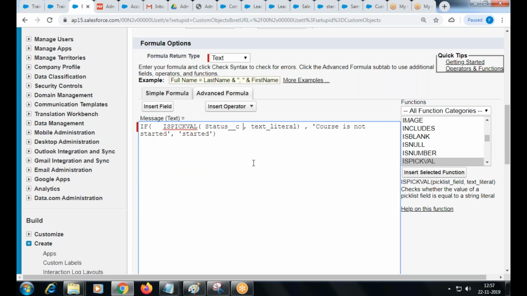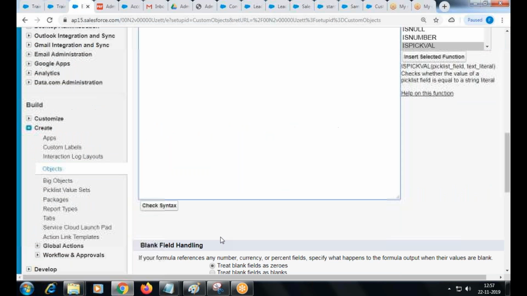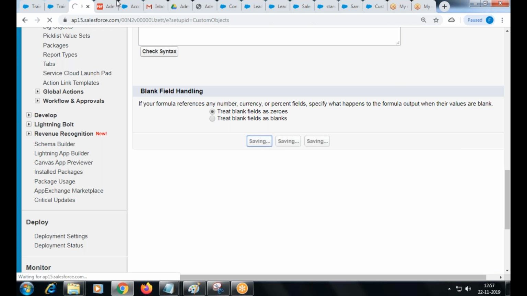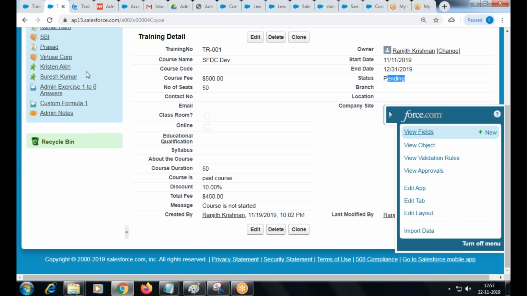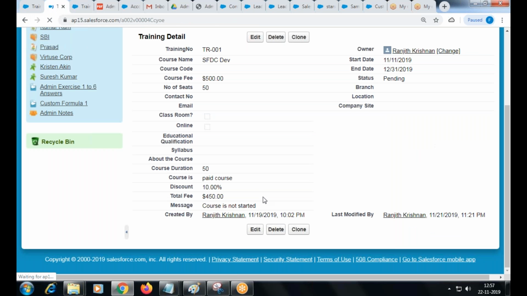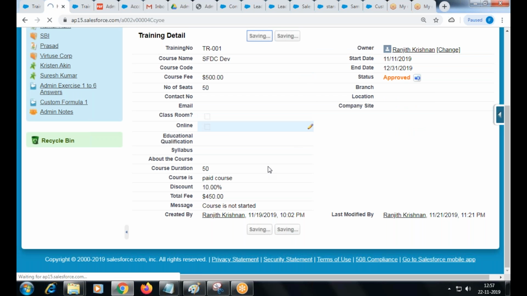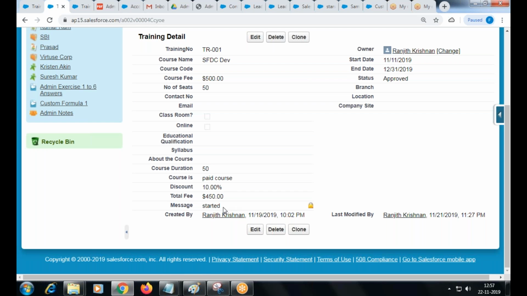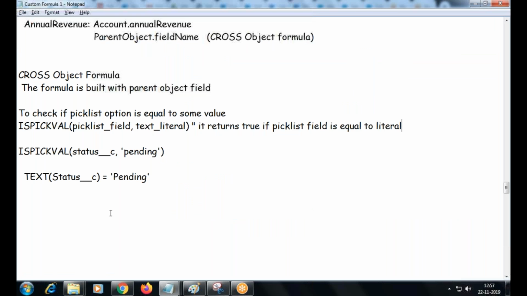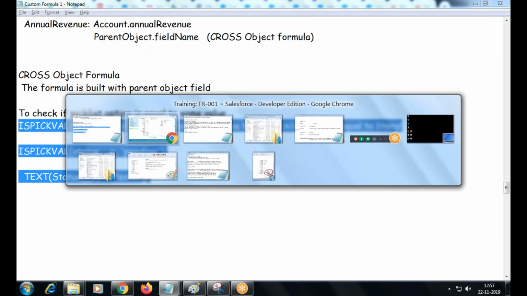Status. Pending. Got me? It's going to be same. If any other value, it's going to be started or something. We'll follow this. So isPickVal function, you know what is the purpose of the isPickVal function.